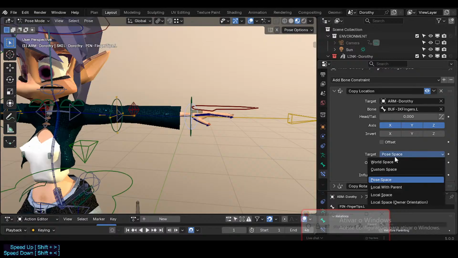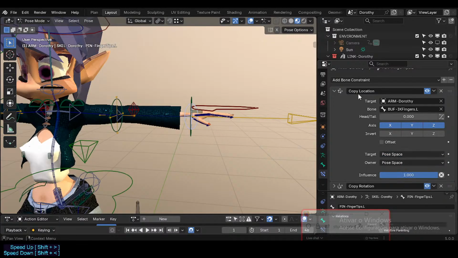Then pose space is the same as world space. Usually I prefer pose space to be related to the armature space, instead of world space. But it can be world space here as well. So just a straightforward copy location. Just here we might want something else, and then